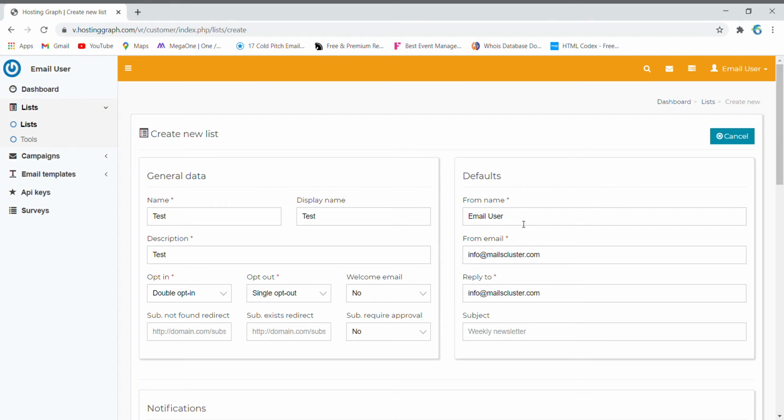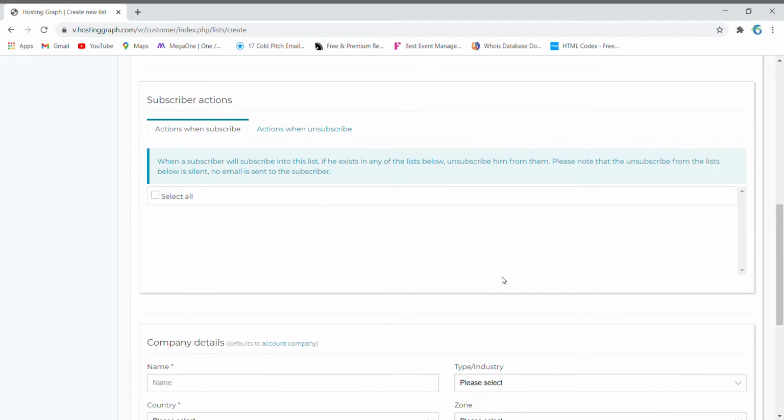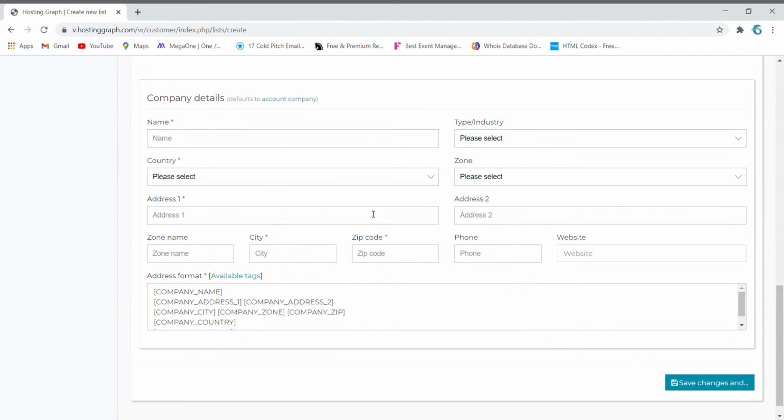You can change this information if required. Now fill the information which is required, marked by red color.